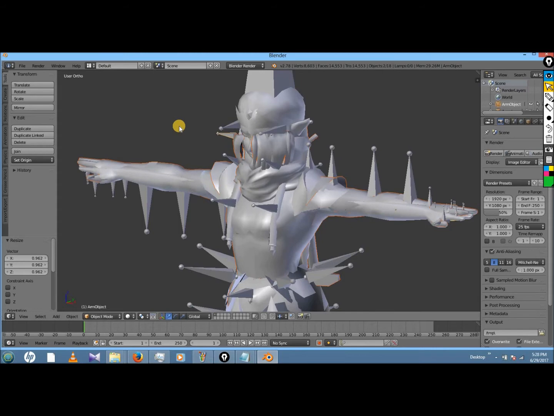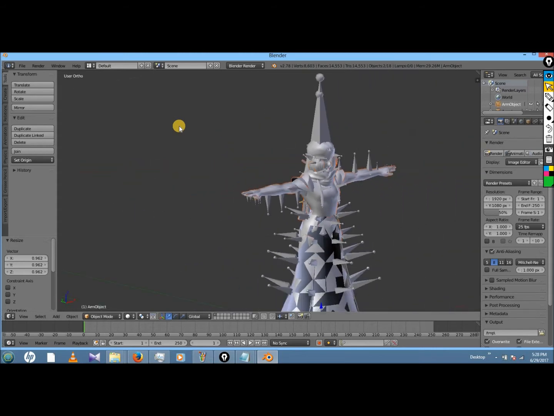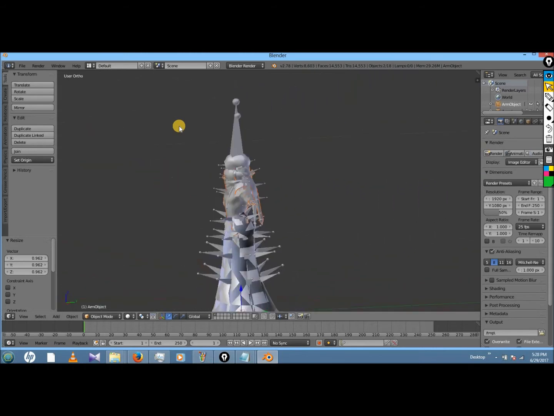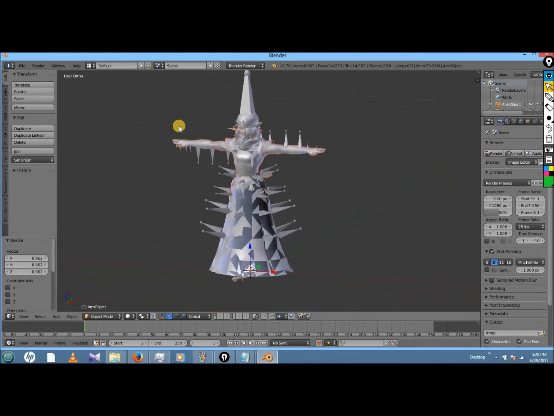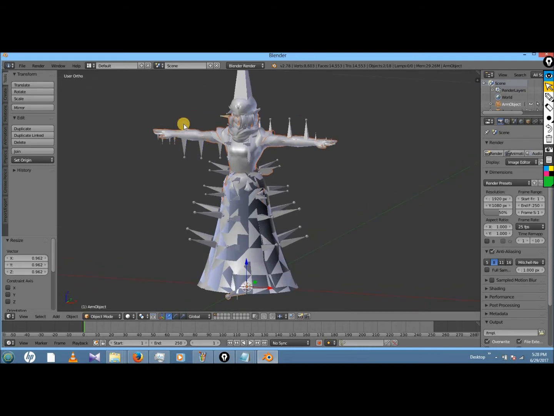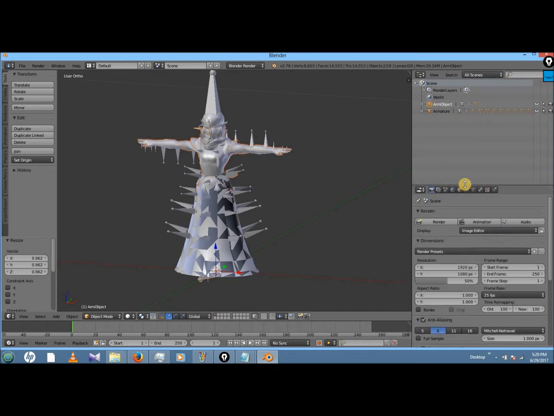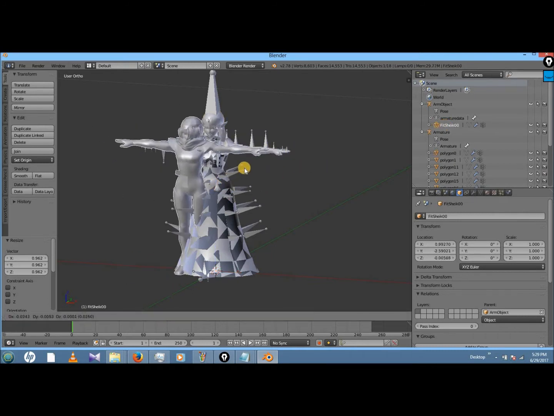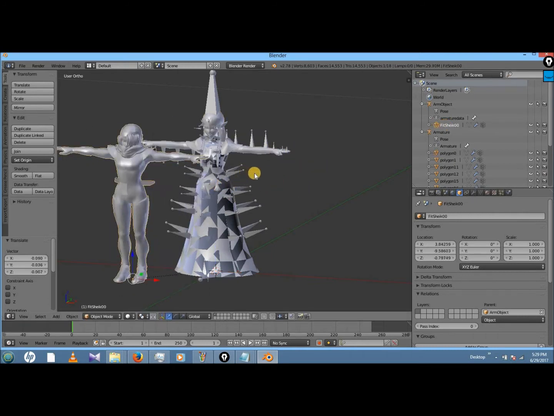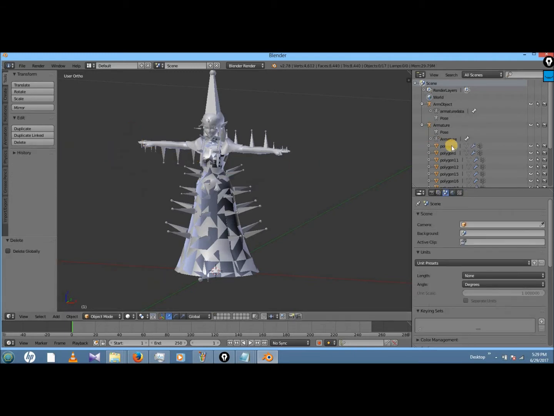That's probably approximately right. It probably doesn't have to be exact because these are only temporary bones anyways. So what you're gonna do next is collapse this, and I'm gonna expand this a bit. So this is the model of Sheik. We don't need the model anymore, so I'm gonna delete that.